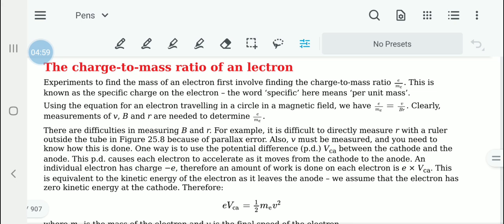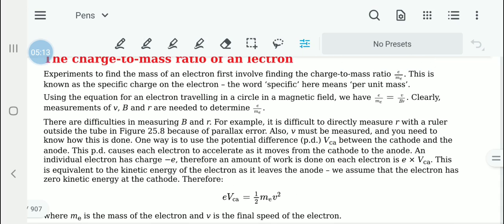If you do not understand, or if you need a revision on how potential difference results in these things happening, please raise questions, and I will give you answers. Before we move to